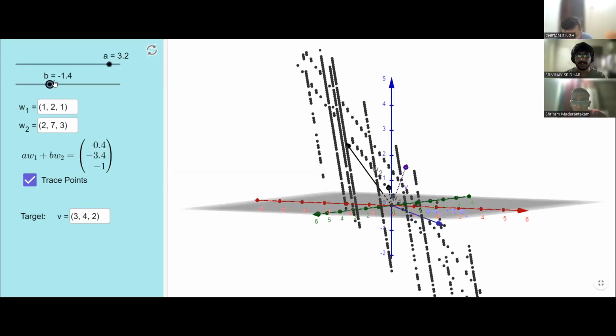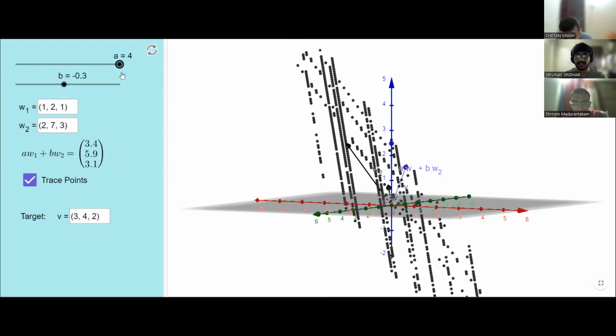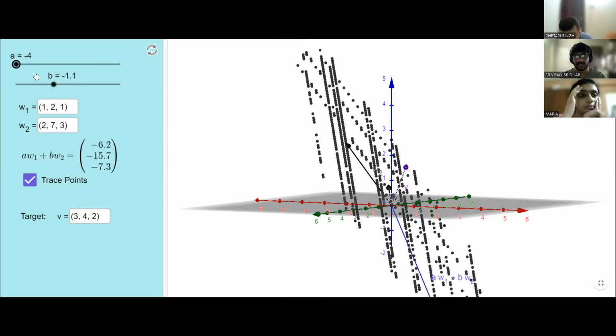Yeah. So what I'm trying to say is, instead of me trying to move this around, I know that when I fix the B value, wherever I am, I can go along a line. That's what the changing of A means. So if I keep changing B, every point that I'm reaching on that B, I can actually reach an entire line across that B. So that means I'm kind of creating